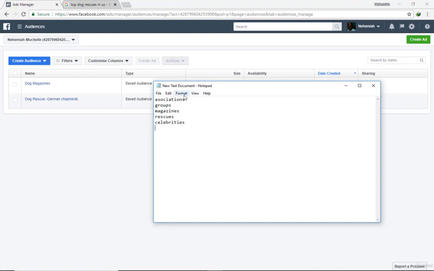So for example, let's say you are targeting people who are in the nurse profession that you want to maybe sell nurse related goods or products. You'll target in your ads creation tool, you'll target nurse associations, nurse groups, nurse magazines, nurse rescues. There's nothing as nurse rescues because nurses are not rescues. So all of these things will not apply in all products. Maybe nurse celebrities, like speakers,